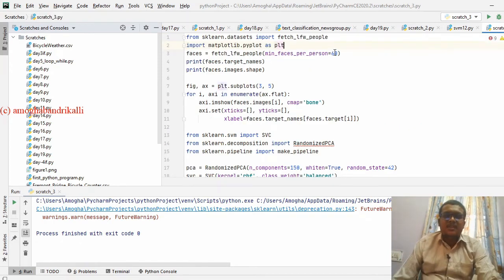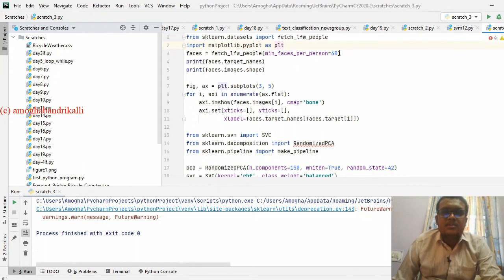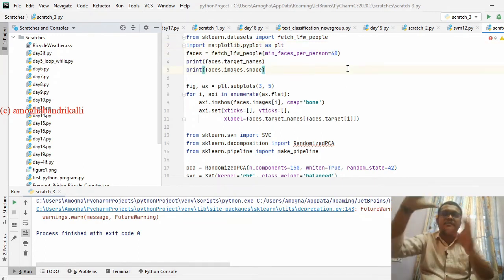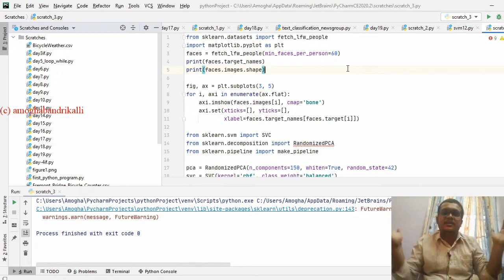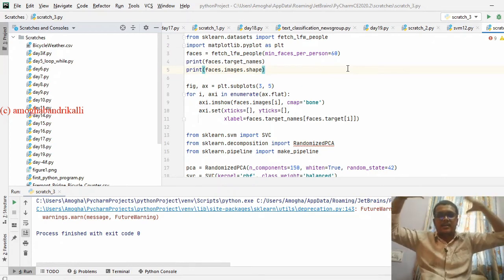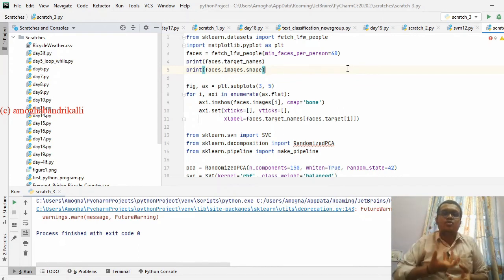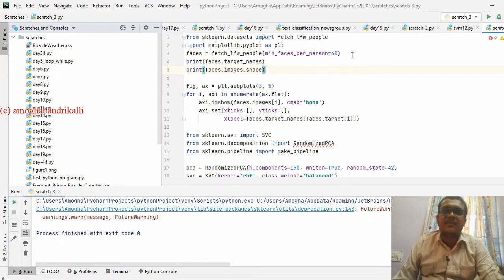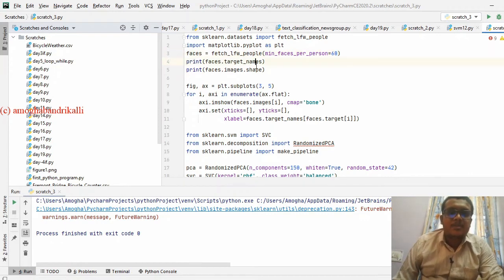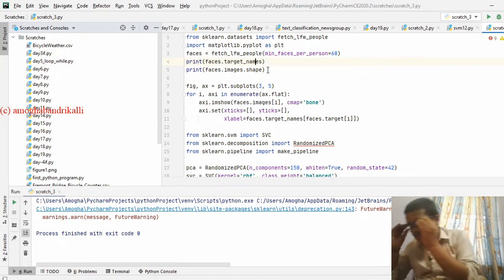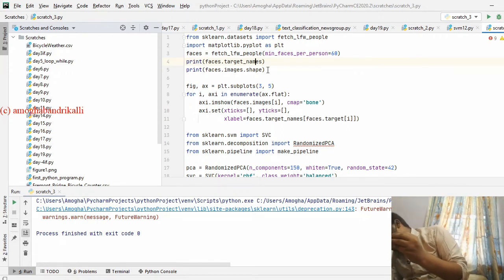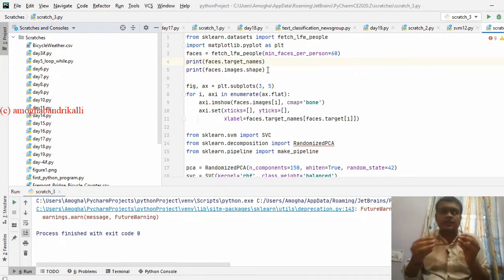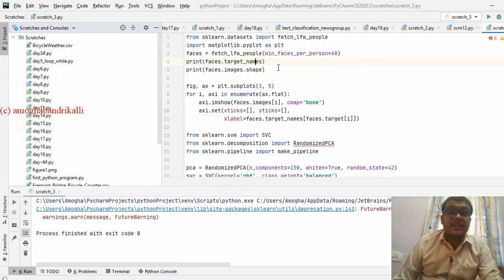Per person we have a minimum of 60 faces at different angles, from the front and from the sides, at angles such as 30, 90, 120 and 270 degrees. So print the face target names and face shapes: how many faces are present in the data set and what the names are for the respective faces.